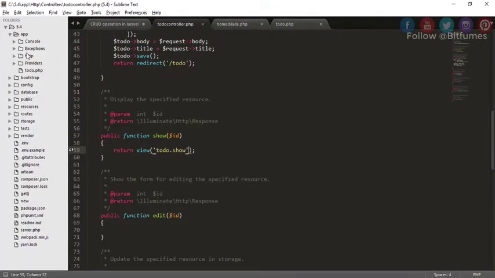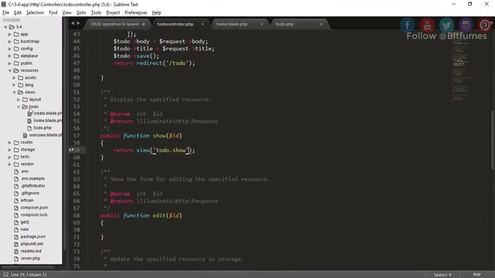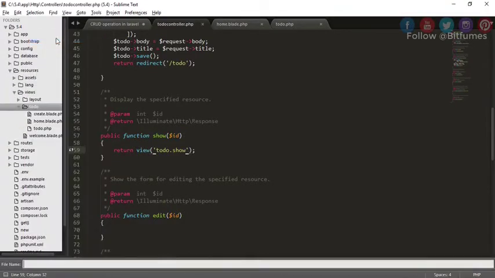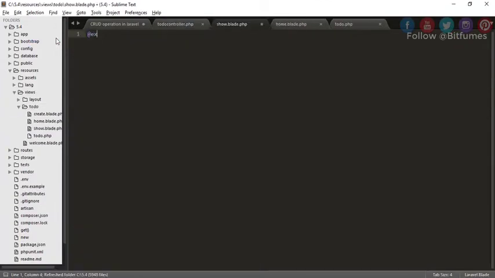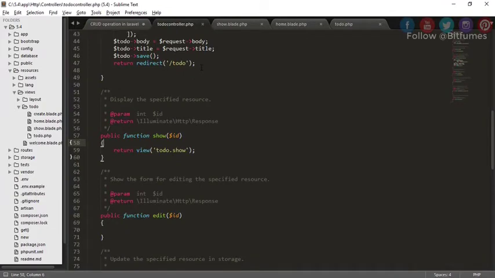For that, I will go to my resources, views, and to-do, and here I will create show.blade.php, and here I will extend layout.app, and let's see the result. And yes, we have the result correctly. We have to find that item with the ID.